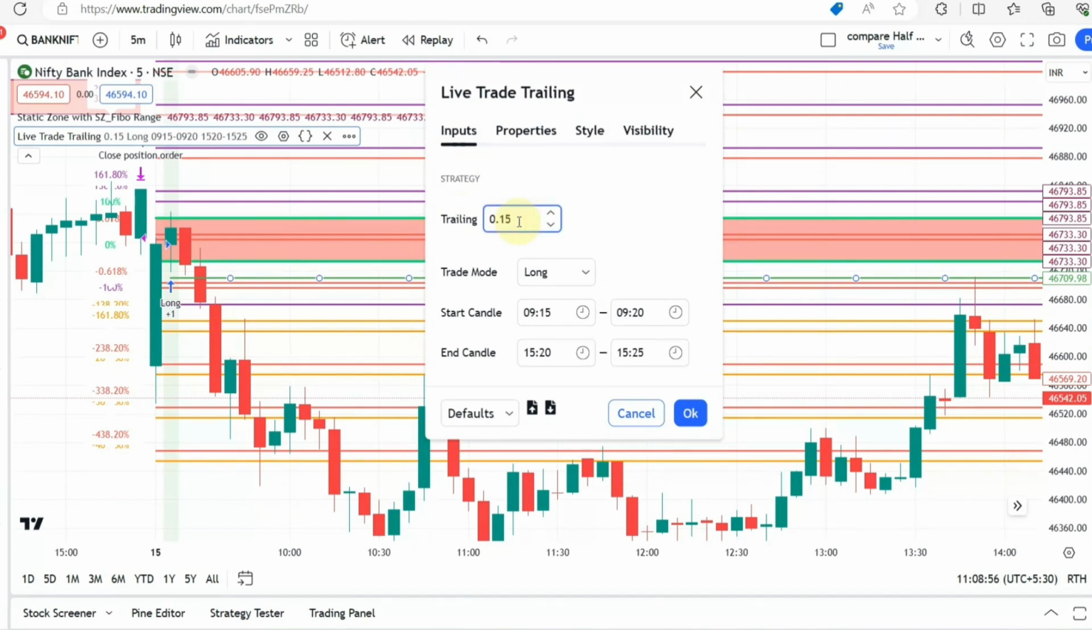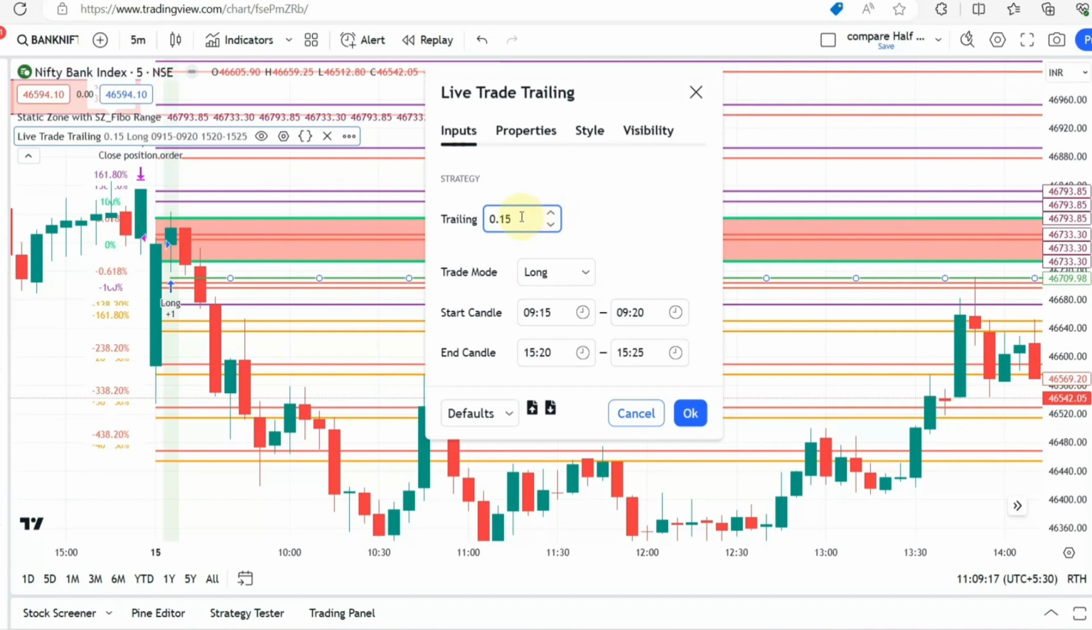So this is just for manual analysis only. This is not a backtest type of tool. This is just for manual analysis where our trailing is there right now. You can easily understand where the trailing is right now. For default, we have given 0.15 for Bank Nifty. For each and every script, you can modify the trailing and increase it as per the volatility of the particular